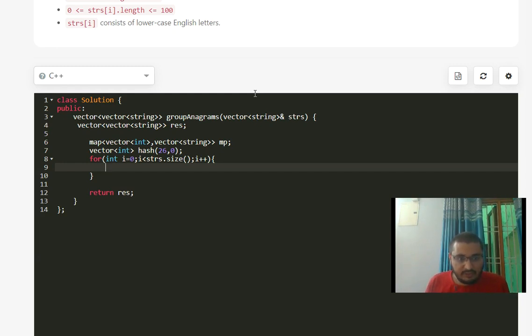Now for a single string, inside this loop we will be traversing the characters, with int j equal to 0.